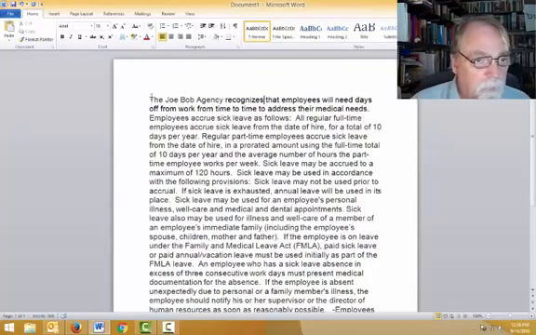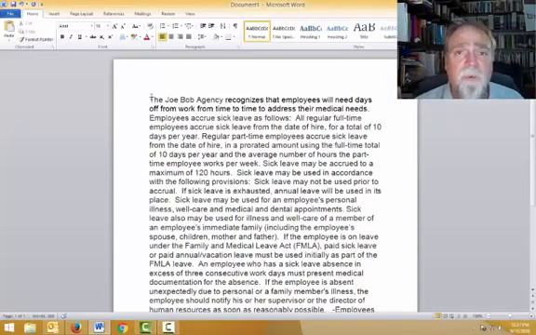But the Joe Bob Agency recognizes that employees will need days off from work from time to time to address their medical needs. Employees accrue sick leave as follows, and a list of the ways that goes. If you look at the document itself, it's pretty well written. It lets you know what it is, it lets you know what the purpose is, and the content is fine. But